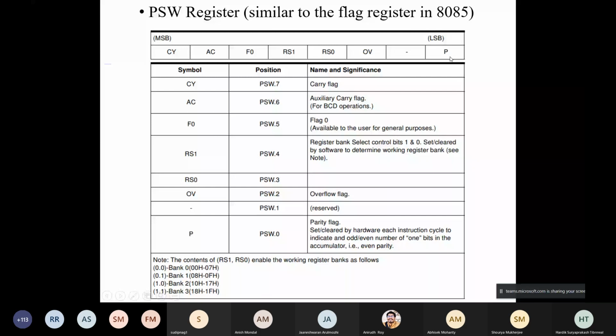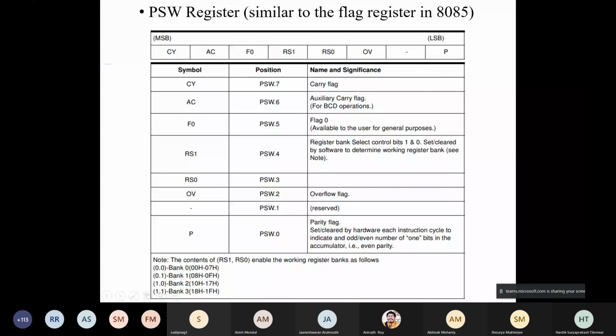So look at the names of those bits, and the second from the LS bit has a dash. That means there is nothing over there. It's just empty. Even if you write something, it may not be stored. That means instead of 8 D flip-flops, there are only 7 D flip-flops here. So that's the meaning of that dash. But let's look at the other important bits which are present.